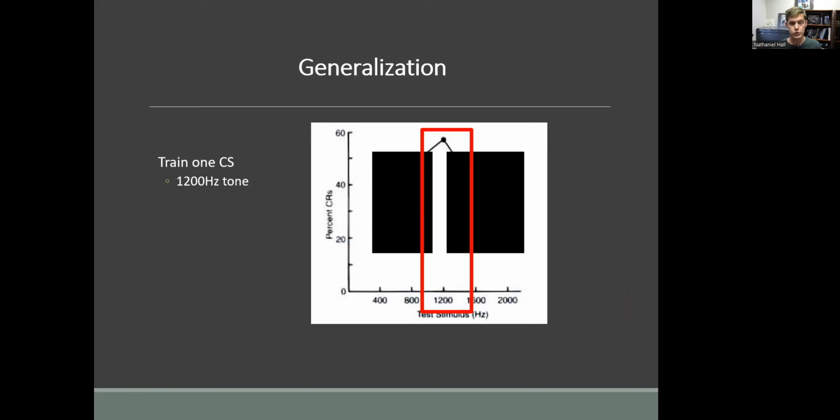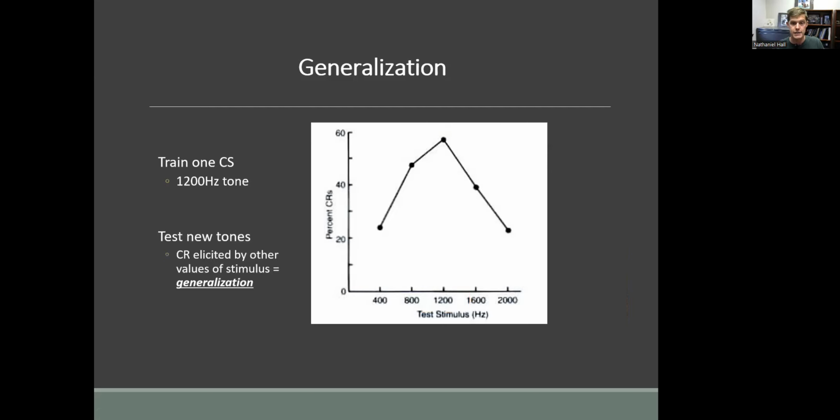So say, for example, you train a 1200 hertz tone as your conditioned stimulus. I'll just use my own generation of tones, which is going to be wildly inaccurate, but we can just say, boo, because it's our CS here of 1200 hertz. If I present variations of that tone, say, boo, and beep, and boo, oh, that was bad. The variations of those tones, you will still get some conditioned kinds of responding, but it will be subsequently less,